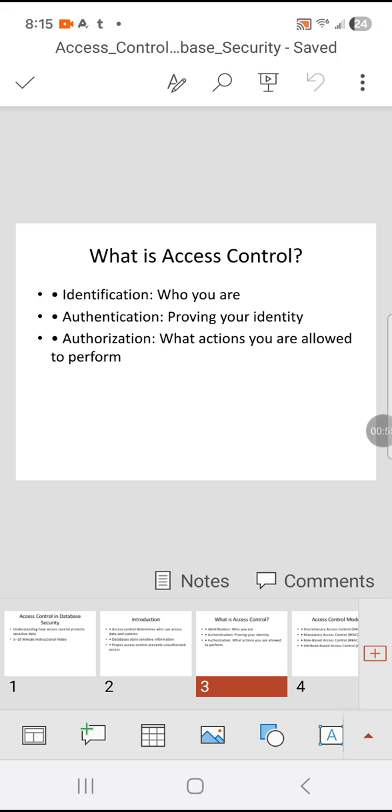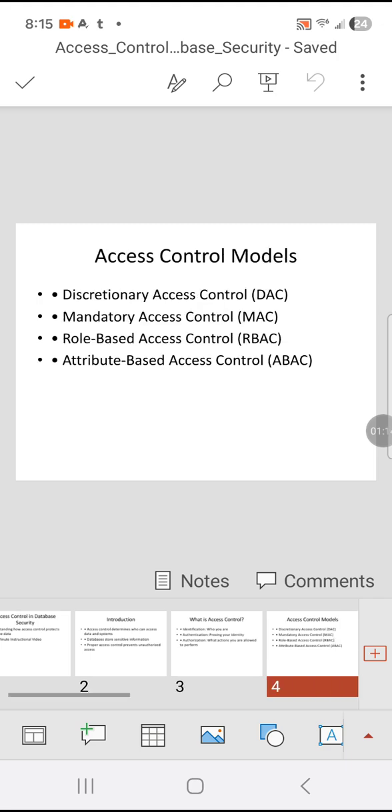Authentication is where you prove your identity to make sure you're legitimate. And authorization is what access you are allowed to perform. Say, if you're a reader, you can read only, but if you're an administrator, you can do anything the access control lets you. The access control models are thus: